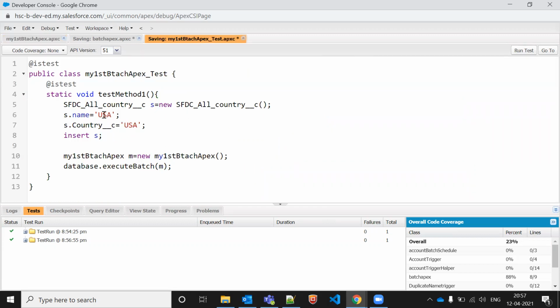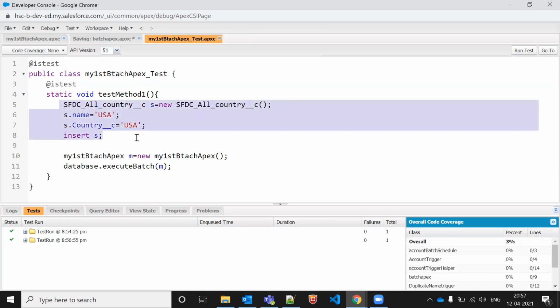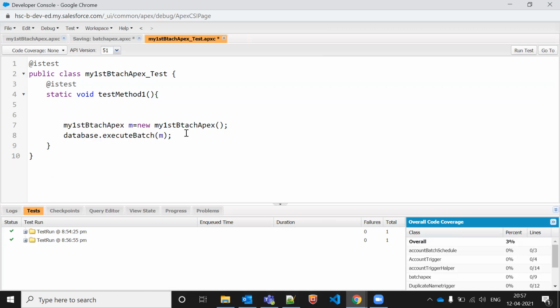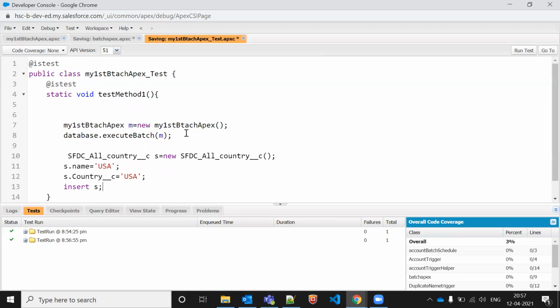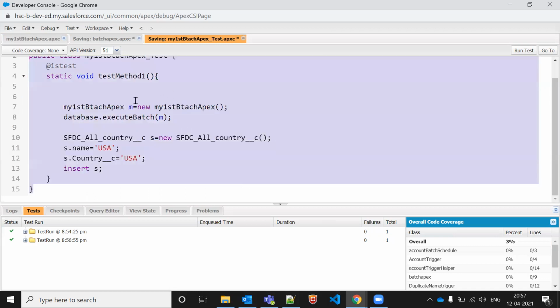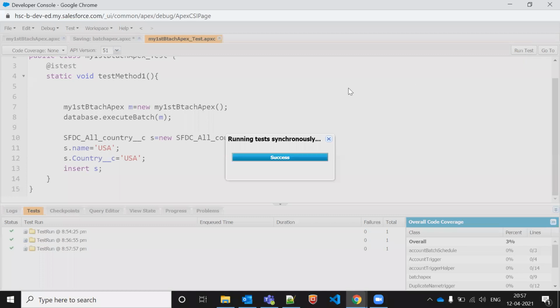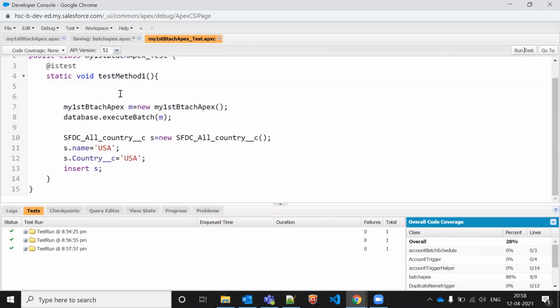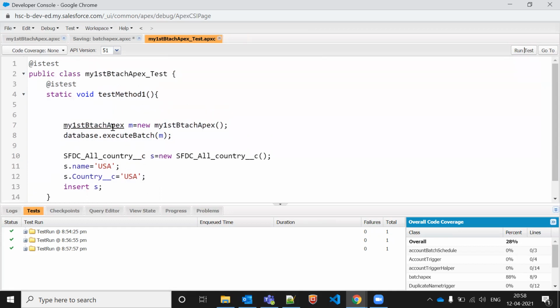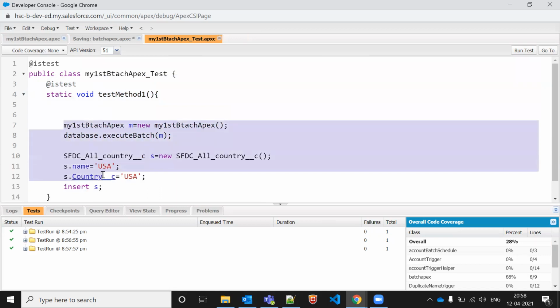So is it fine now? Can I write the code like this? No, Amarjit. Is my code correct now? No, Amarjit.